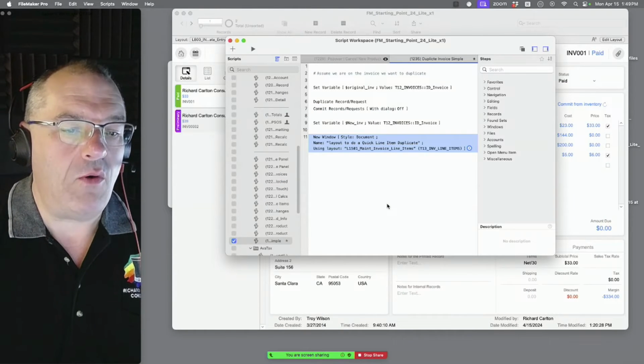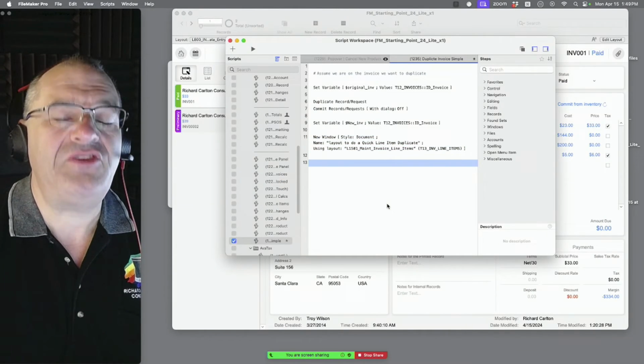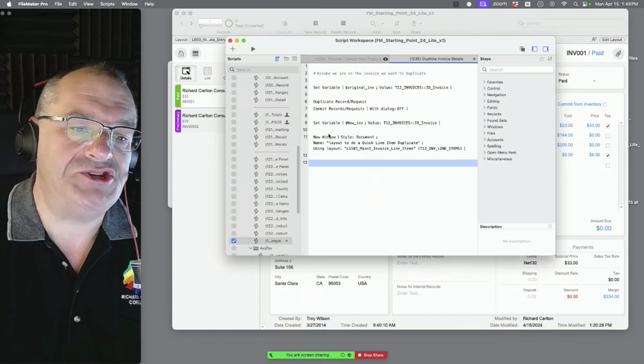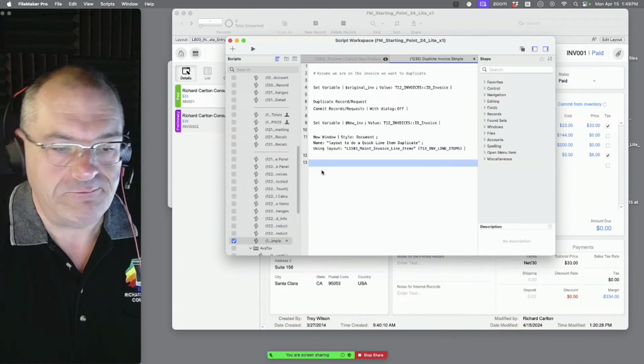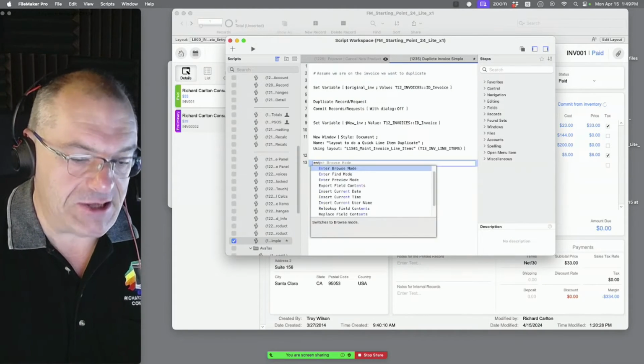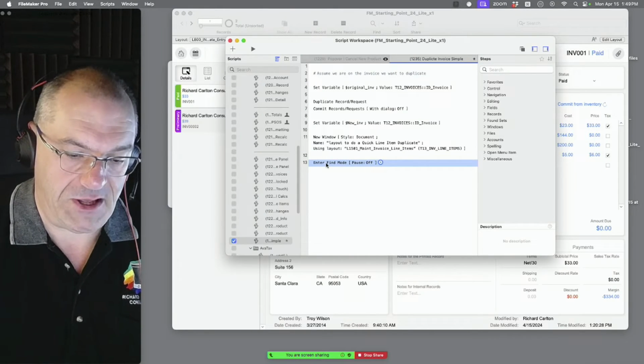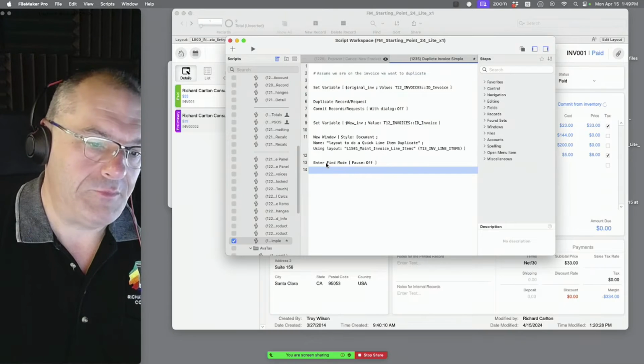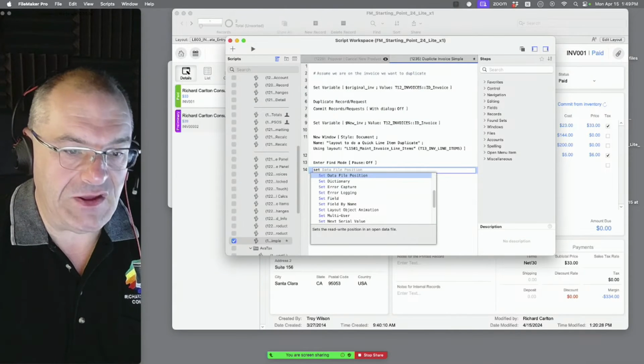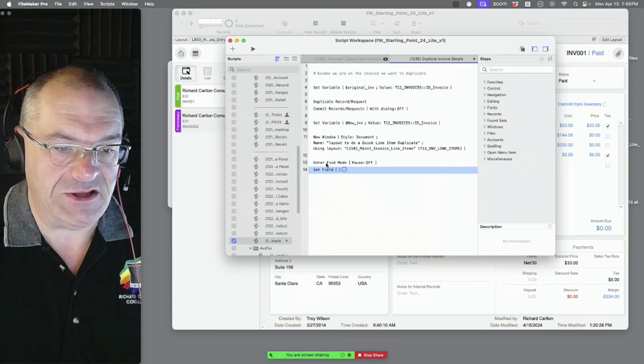So now we're there. Right in here is where you could have put the GTRR. I'm going to do it manually real quick. So what we're going to say is enter find mode, okay? Pause off, okay? And we're going to set the field that we're looking for. So set field.